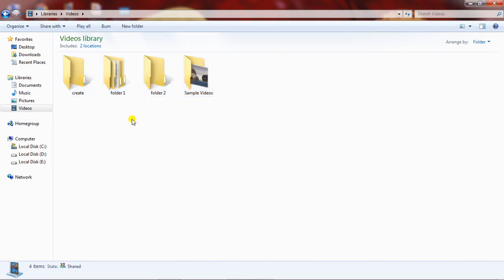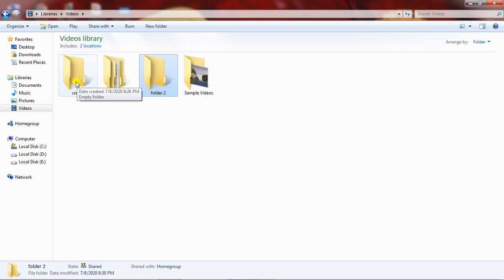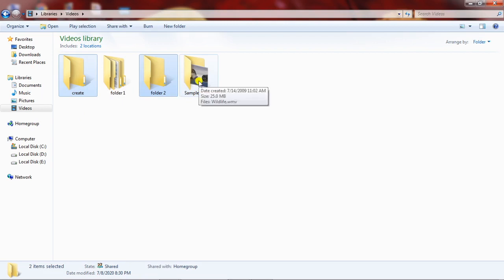But if you want to select some selected files from the bunch of folders, what else can you do? You first select one. Suppose I want to select the first folder, third folder and the fourth folder. So I will first click any of it, whether it's first or second or third. Let me select the first folder, then I will press and hold the control button. After pressing and holding, I will just left click once in each one of it.